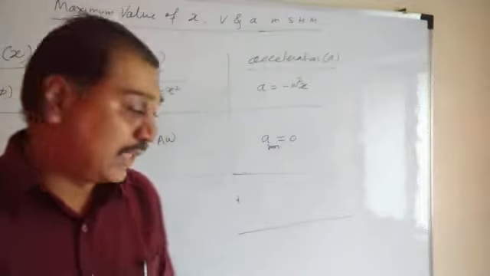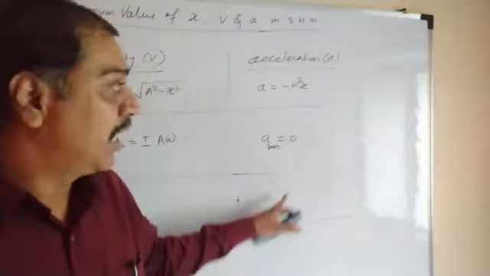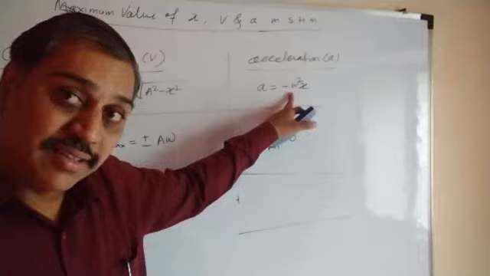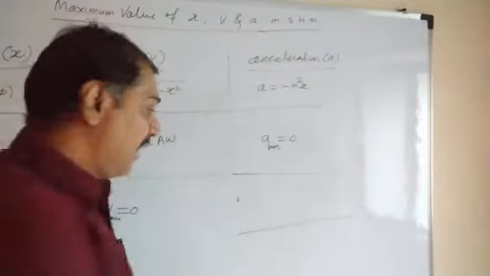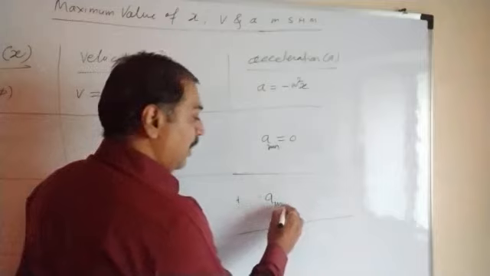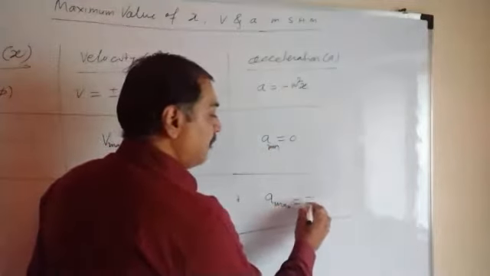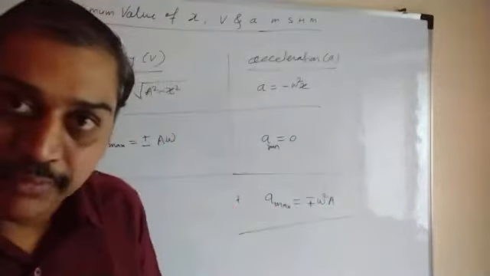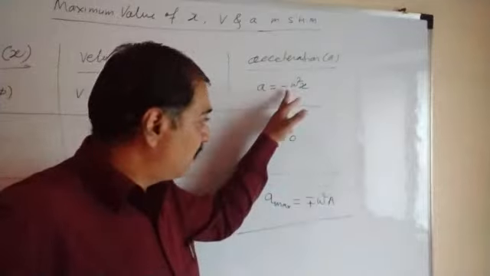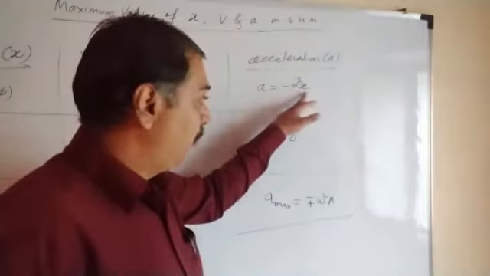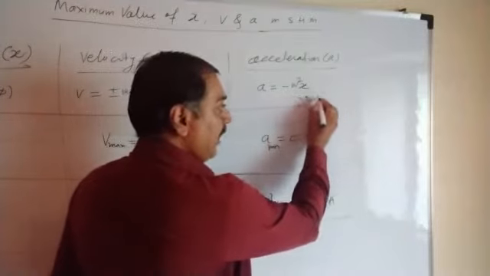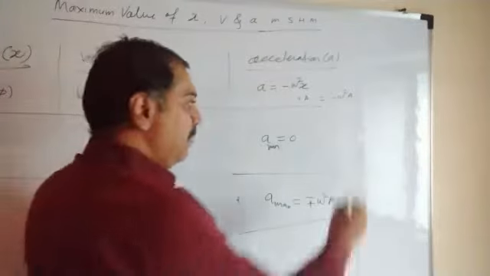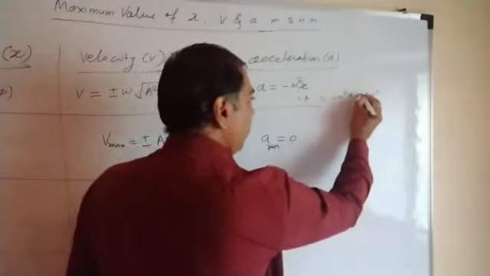At the extreme position, x equal to plus minus a. If you put it here, what is that? Plus minus a. Plus minus become minus. Minus minus become plus. So what is a? a has a maximum value at extreme position, and it is minus plus omega square a. Do you get it? Why does it come to be minus plus? It is a plus, it is minus here. Okay. If we put x equal to plus a first, it becomes what? Minus omega square a, or a omega square. It becomes a omega square with a minus sign.